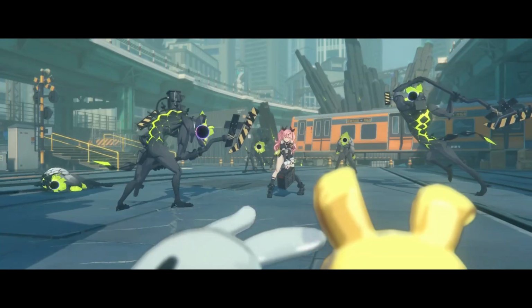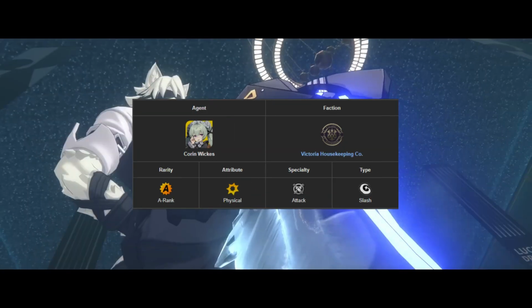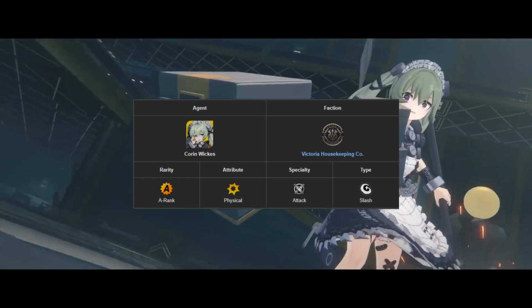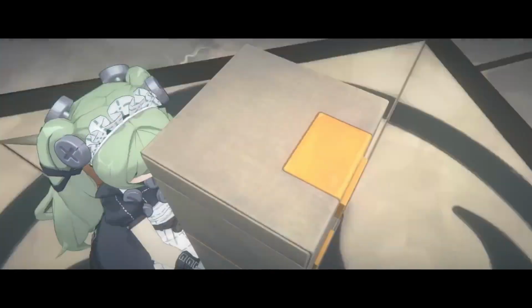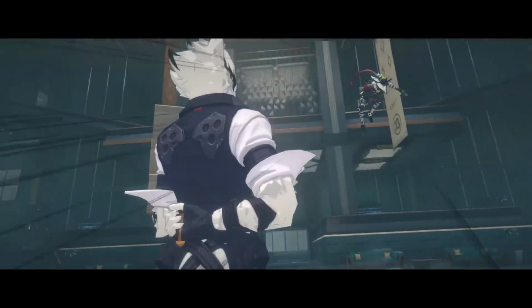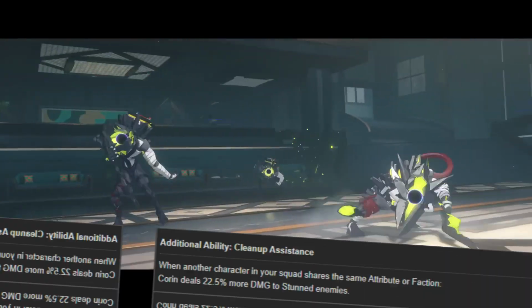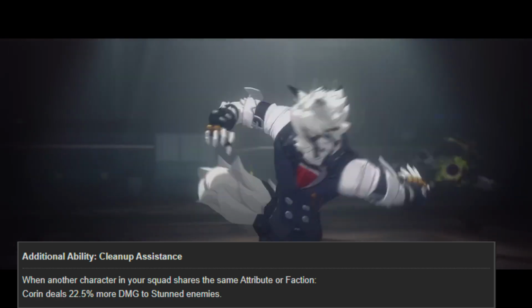The fourth character we get for free is a character from the pre-register event, Karen. Karen is a physical damage dealer of the attack role, so she is sharing the exact same roles as Billy, but there are 2 big differences between her and Billy. First, she is a melee damage dealer that needs to be close to the enemy, and secondly, she deals more damage with her core passive to stunned enemies if there is another physical attribute or another Victoria Housekeeping faction agent